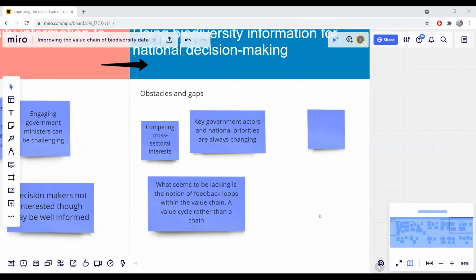But one of the things in the Connect project that's been a key lesson for me is the fact that a lot of